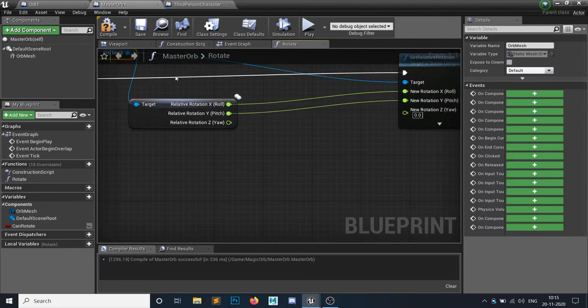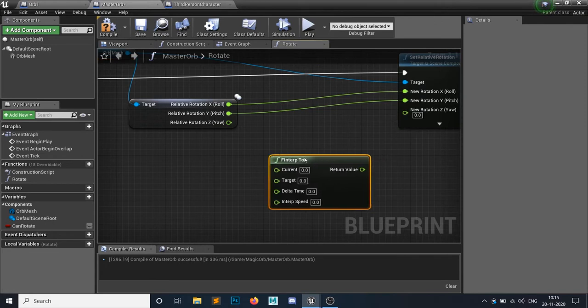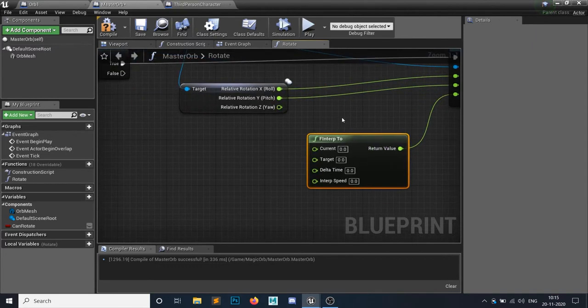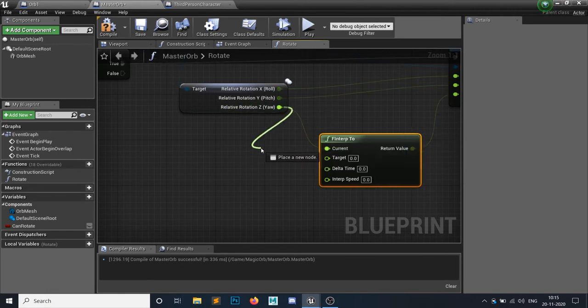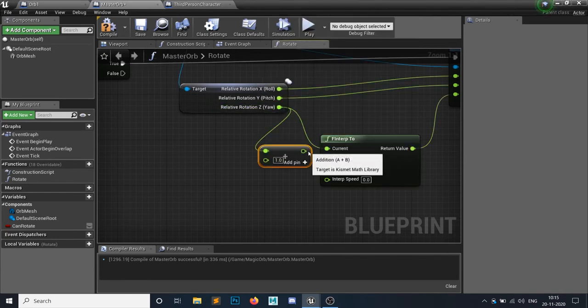For the z axis, what I will do is simply get FInterp To, which interpolates a float dynamically. This would go to a z value. My current position should be this z here, and the plus position would go to the target one.